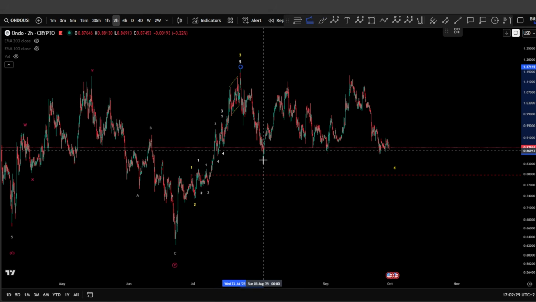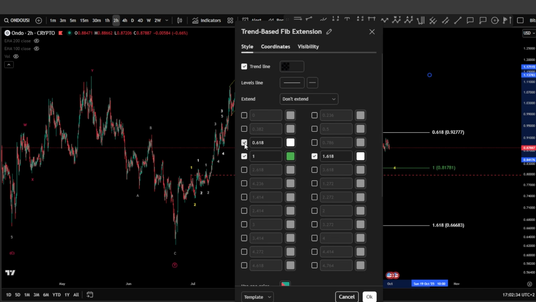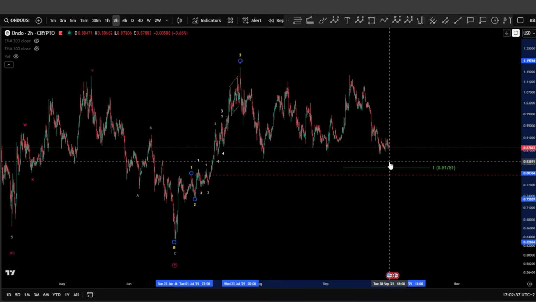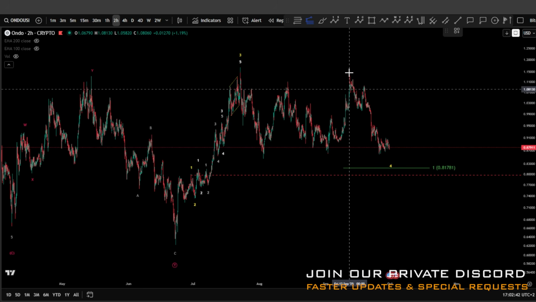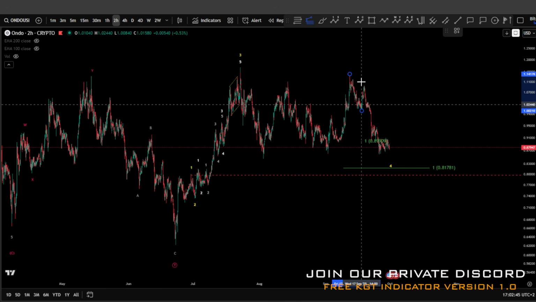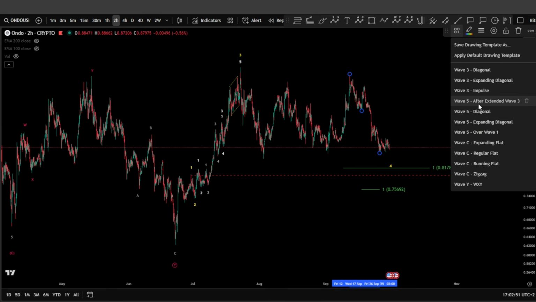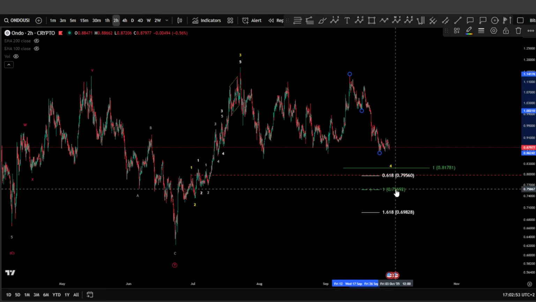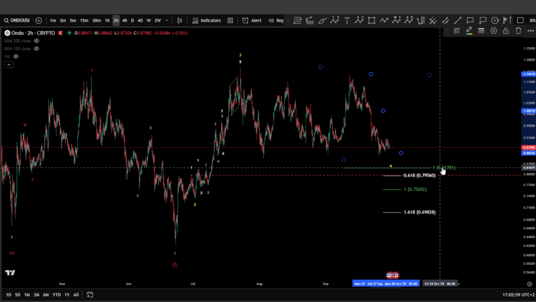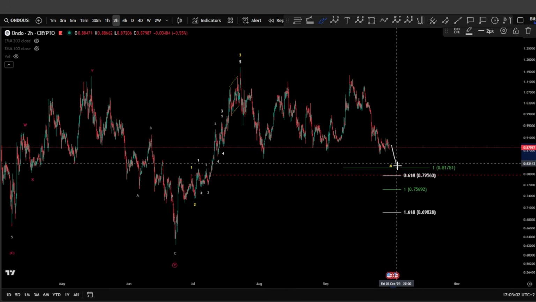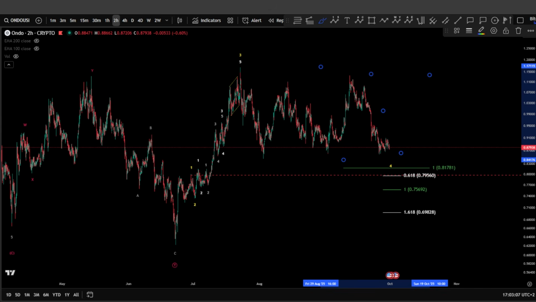If we want to be much more precise here, the 1-to-1 fib level would be a great key level that we might get for one more leg, wave 5. As additional targets, you can also have the wave 5 here taken from the zone 1, and based on the wave 3, you can get a wave 5. Well, this can be a little bit deeper. I prefer to stay with the key level 1-to-1 here, and to see the reaction of the market after a wave 5. We might start to see further higher prices.